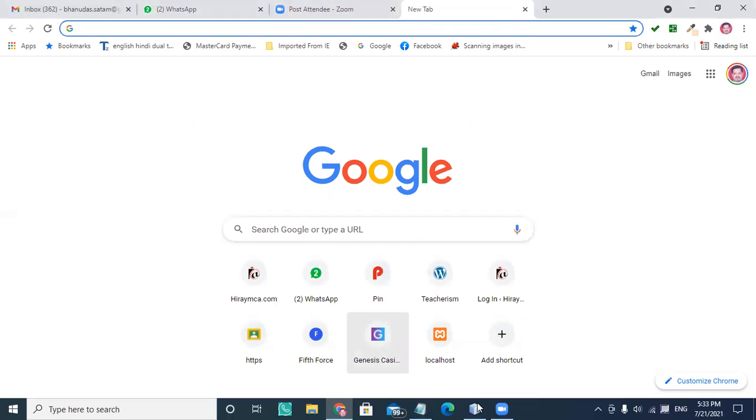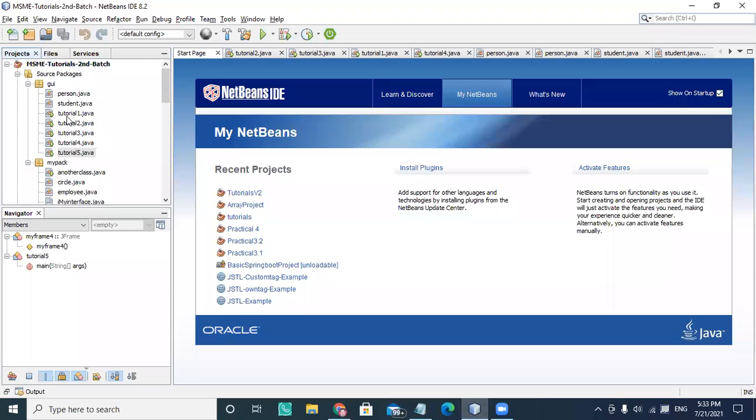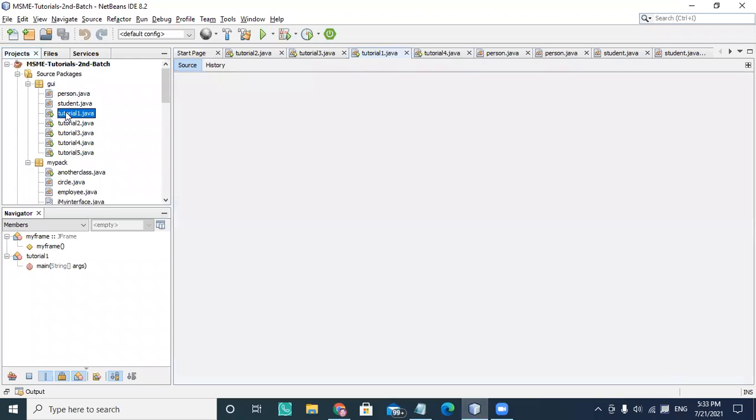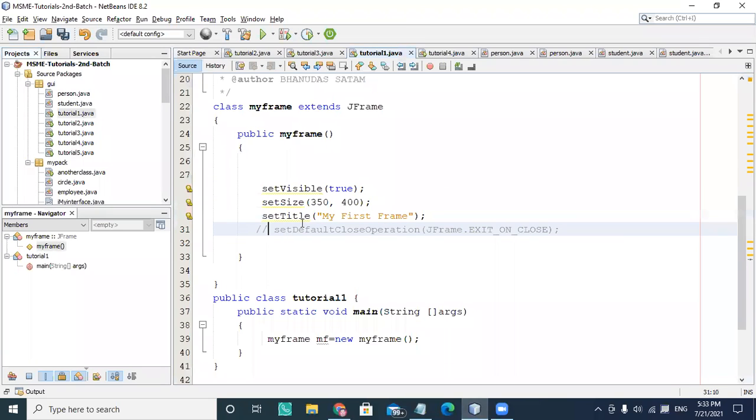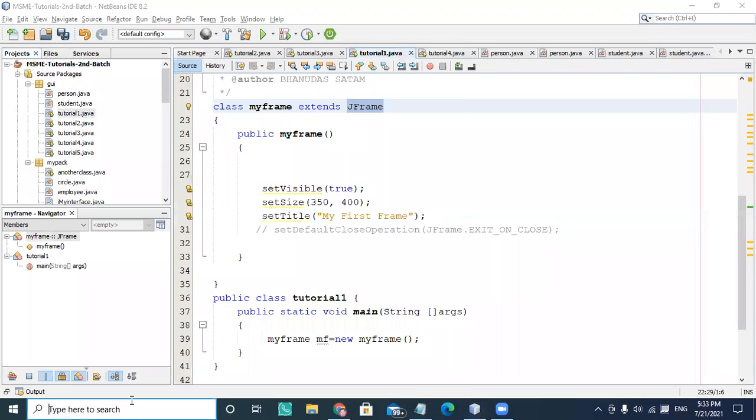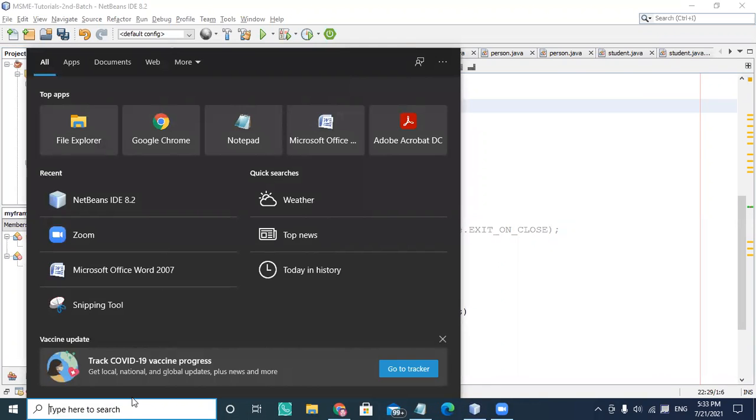So in the last session, what we left in tutorial one, we created a simple frame, and in that frame I have shown you the parts called set visible, set size, and set title. So you can create the object of the JFrame. So before continuing on this,